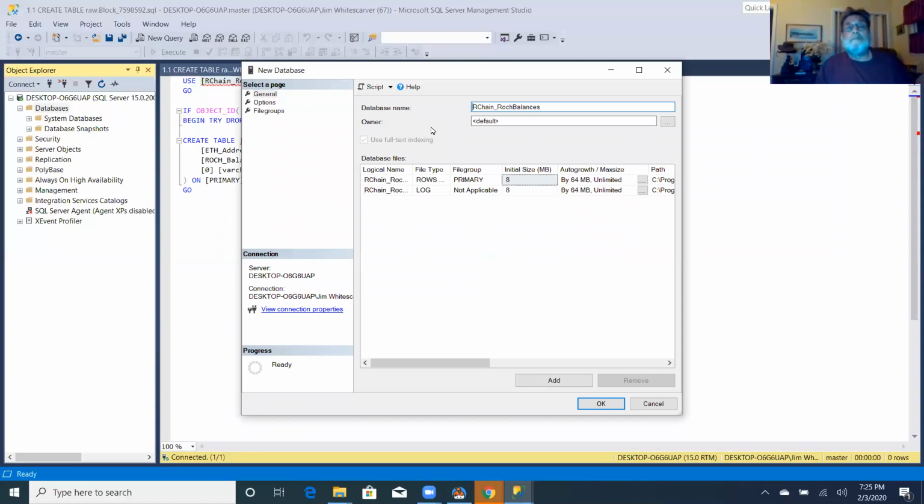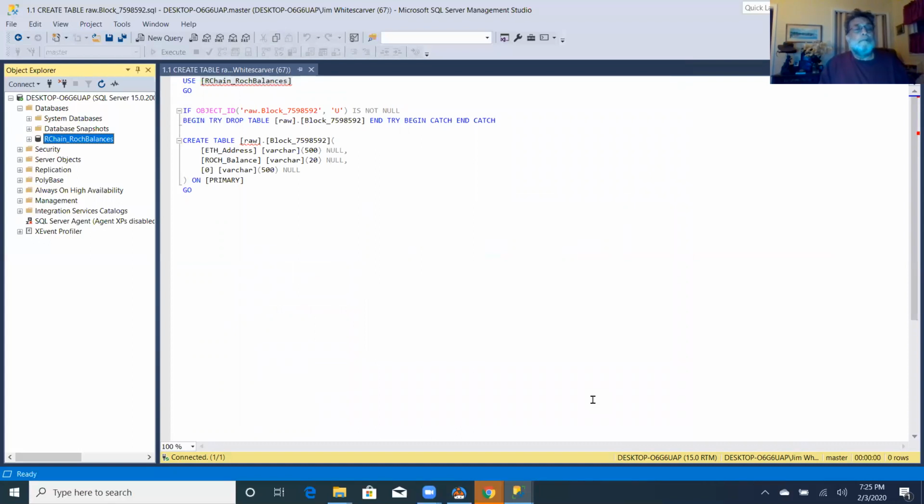And then if you click OK, that's created your database. Now, you can see that this says, if this table exists, drop the table and then recreate it. So it's essentially a create table script that you could run again and again. But if you close that down and we go back to the folder structure,